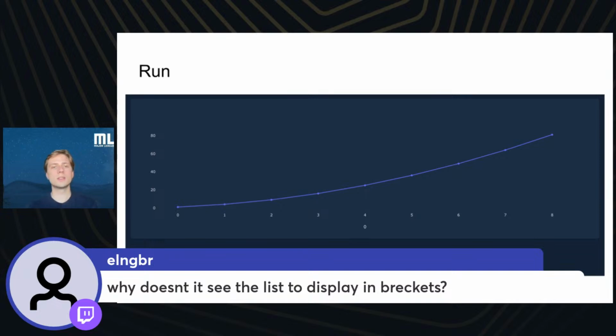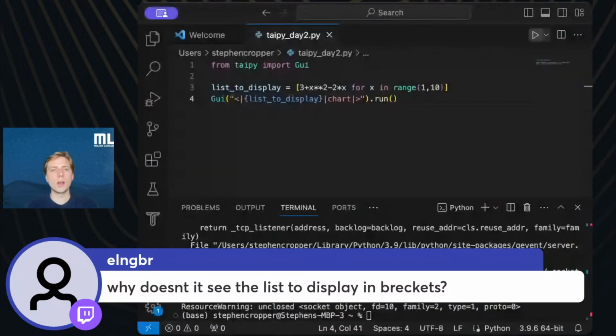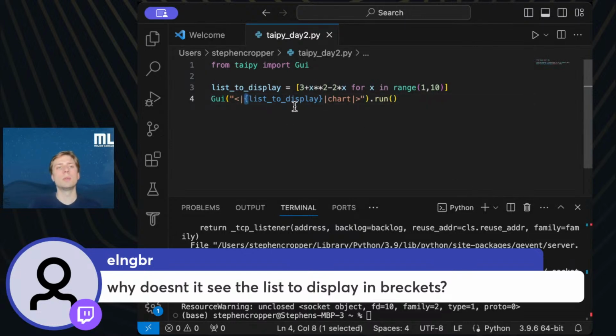Elena says, why doesn't it see the list to display in brackets? So I think you are referring to why this needs to be in brackets. It's because instead of being a part of the string, this is actually going to be substituted in here.